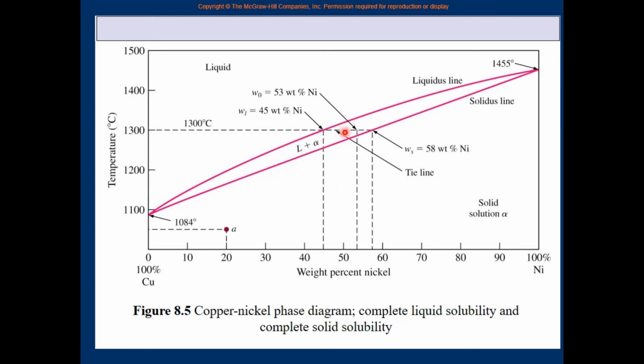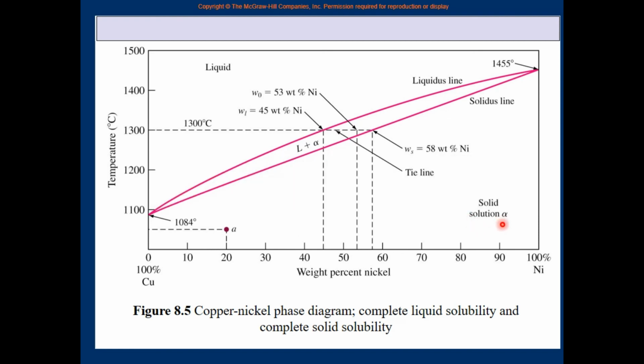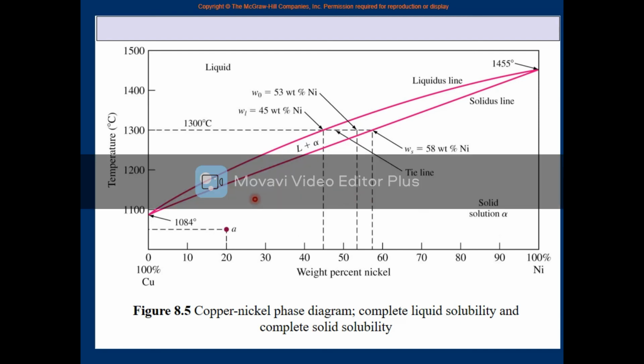Anywhere in between the two, you see liquid plus solid. Now the solid here is solid alpha. We told you that once it solidifies, anywhere here, this solid has the same crystal structure, we call it alpha. So that is why it is isomorphous: once it completely solidifies, anywhere, it has the same solid